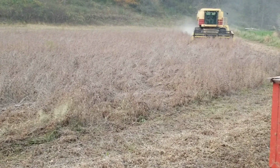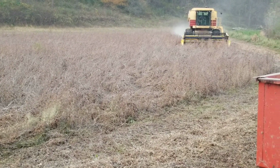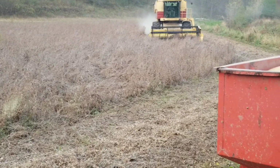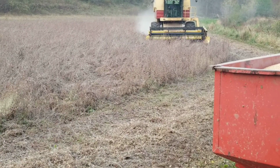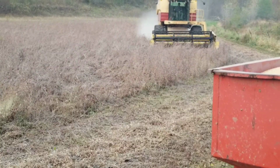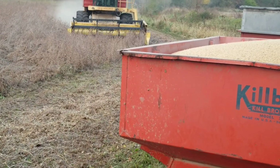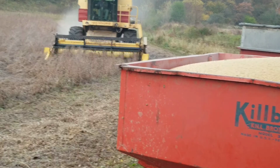The 560, I don't know if anyone's been following our story, but that was originally my dad's tractor years ago, and he actually traded that off for an 856. He had that for 1 year, and then he traded the 856 off for the 986. The 560 never really went too far away, and after it flooded here,